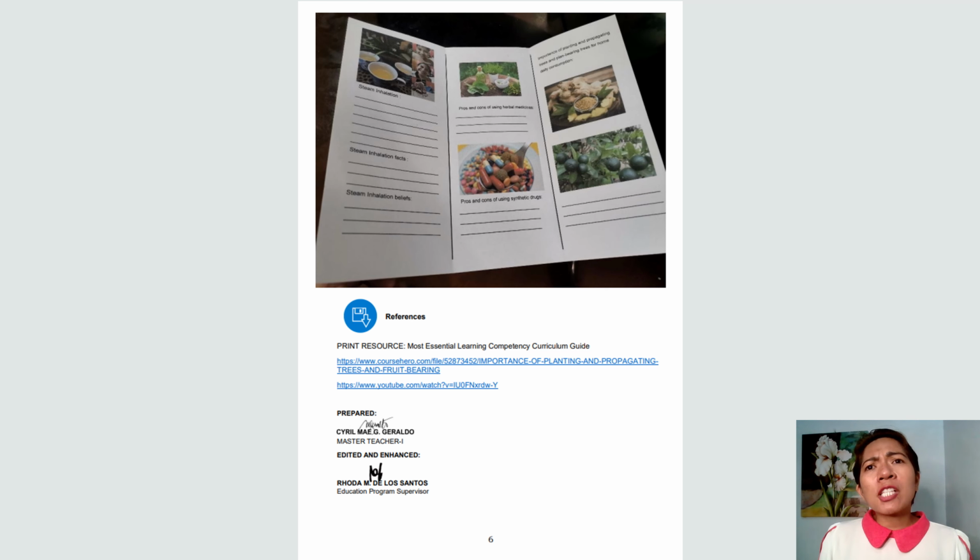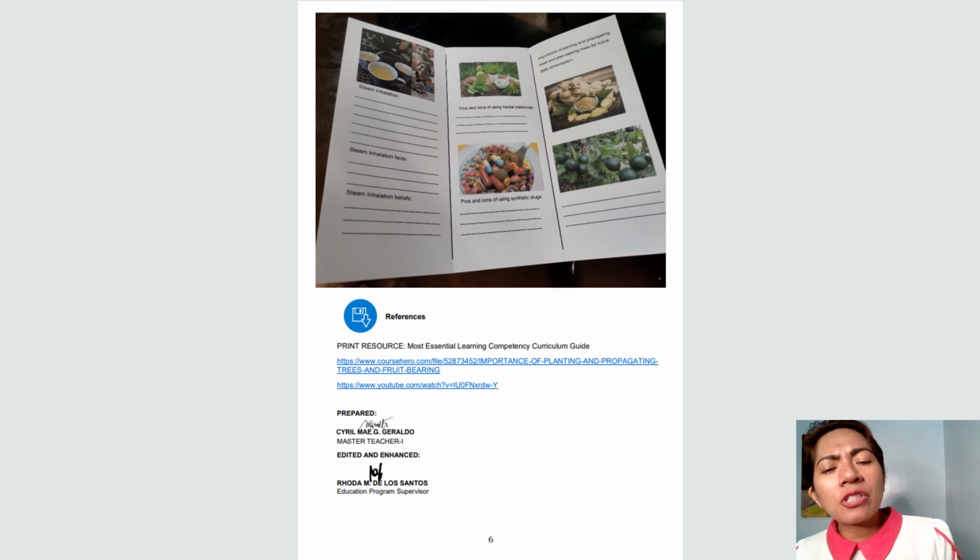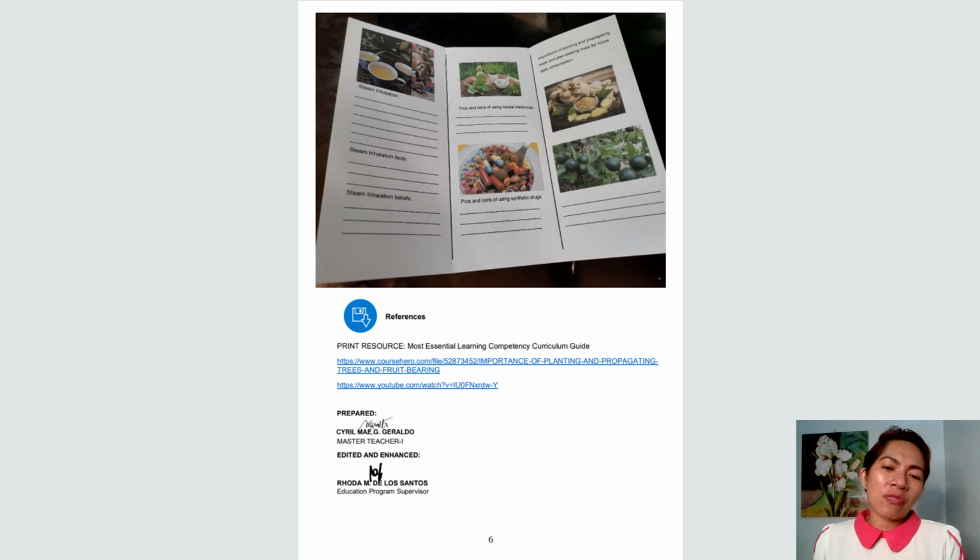Parang by using GRASPS, aside from being responsible, being a critical thinker, and being a realistic kind of learner, we are also teaching them to be futuristic, to imagine themselves to become like this in the future. So these are the things that they could choose from as an occupation, as part of their dream, as a visionary kind of person.